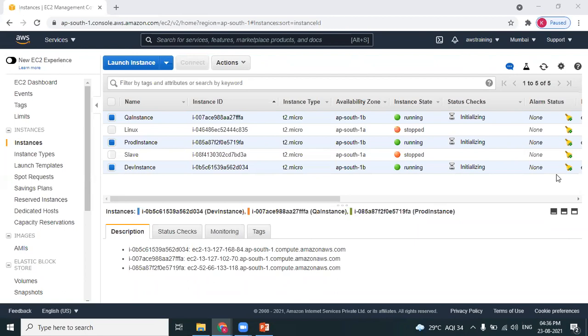Hi, Sunil. Good evening. I have a question regarding the master slave configuration. I followed all the steps, but while copying slave.jar from master, it was not working. You're unable to download the slave.jar file from the master machine to the slave machine. Maybe at that time Jenkins was not running in the master machine. Jenkins should be fully up and running in the master machine. So go to the master machine, start Jenkins again, and then immediately try to download the slave.jar file so that it gets downloaded. Okay, we'll try it again. Thank you.